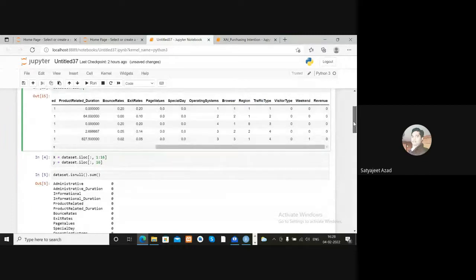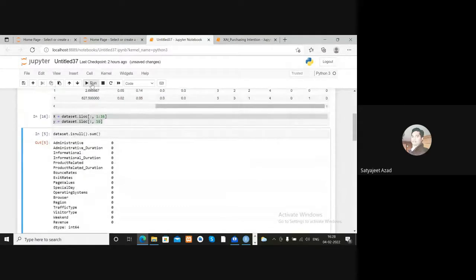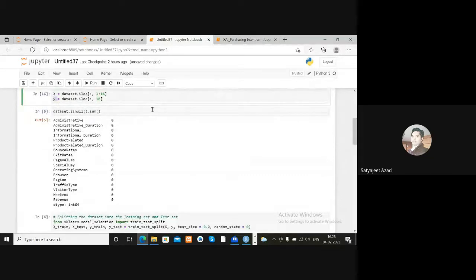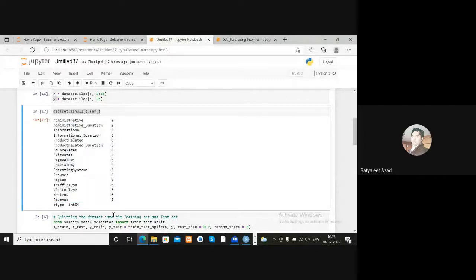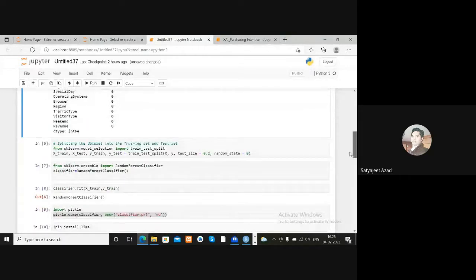Now I have converted x and y, meaning the independent variable and the dependent variable. The feature variables are in x, and the target is in y. This is how we can apply this simple programming on the data set. I check whether any feature is null, that is, whether there is a missing value. It is giving us, corresponding to the features, that data is there, so there is no missing value. I do not need to do anything.